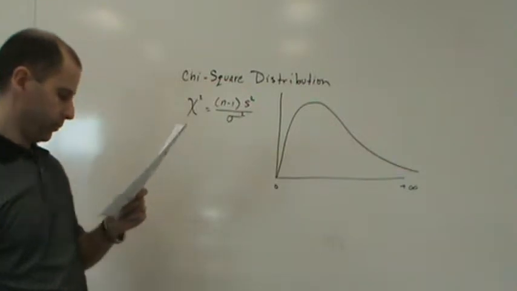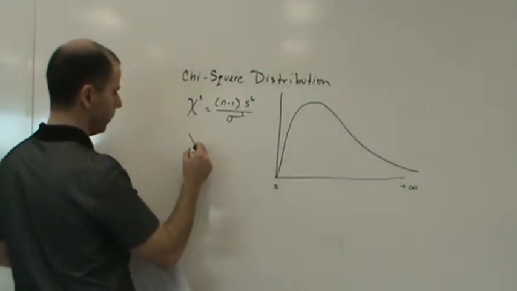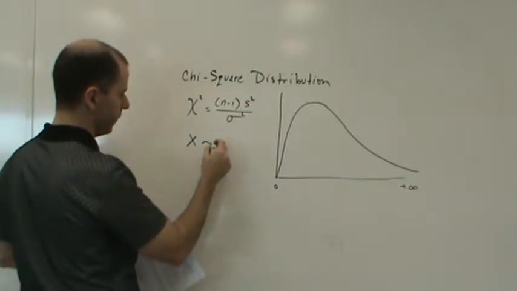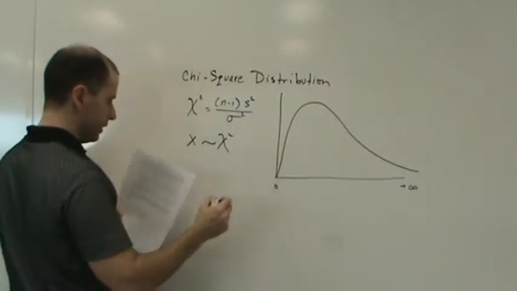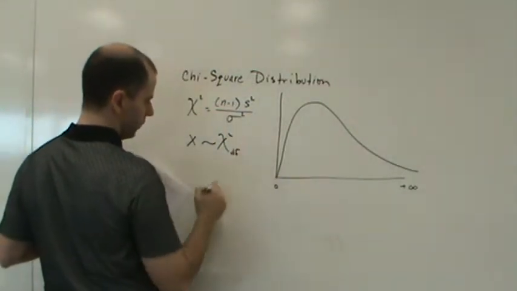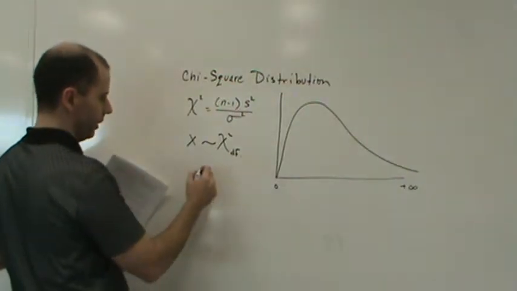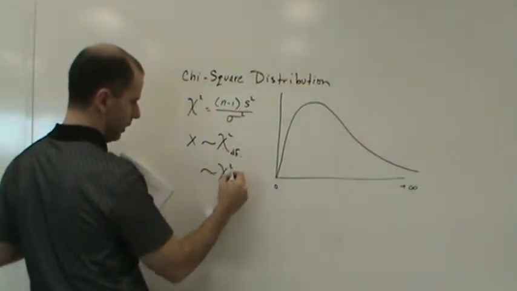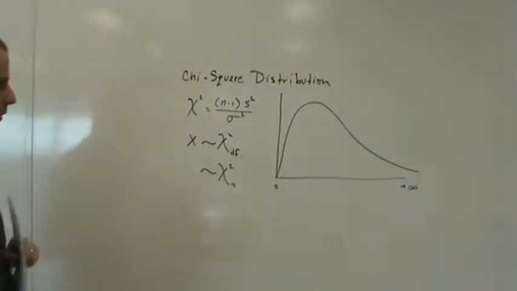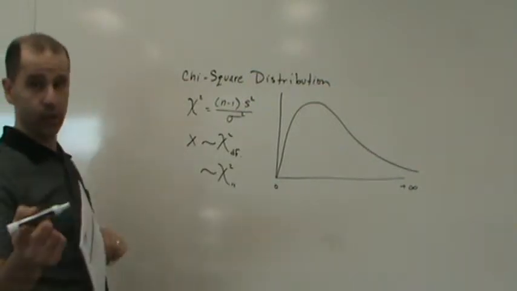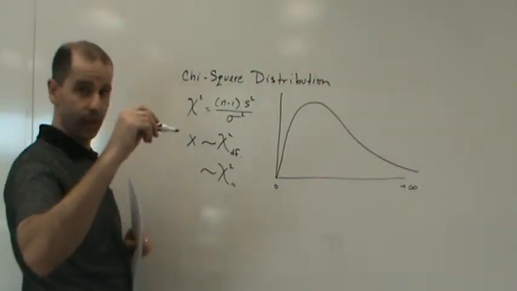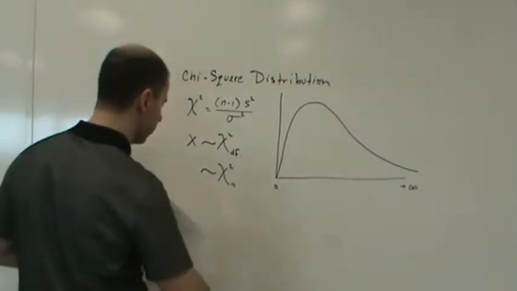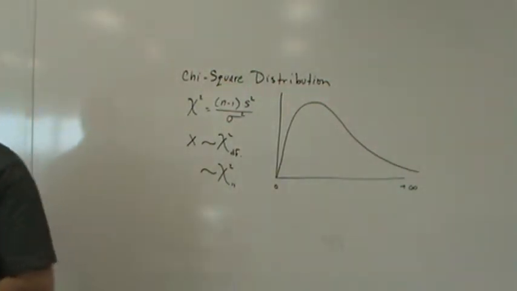The notation for a random variable: if we have a random variable x, we would say that the random variable x follows a chi-squared distribution with degrees of freedom as a subscript. So if the degrees of freedom is 11, then we would write chi-squared with a subscript 11. Okay, so that's the notation that we use for chi-squared. Very much like the same way we denote a t distribution. If we say x has a t distribution, we would use lowercase t with a subscript of degrees of freedom. Okay, so now,